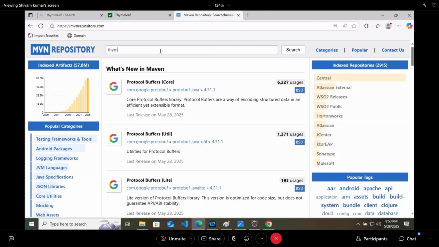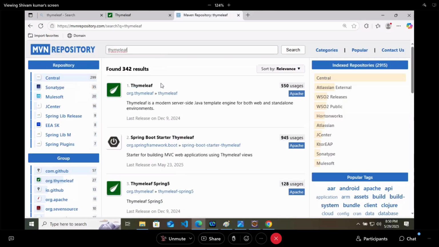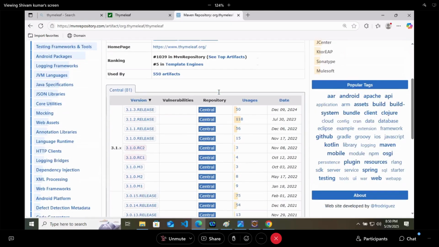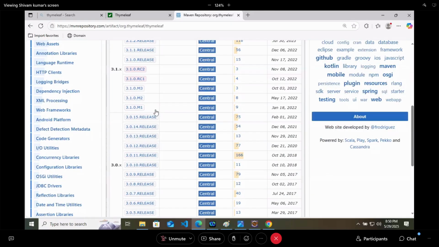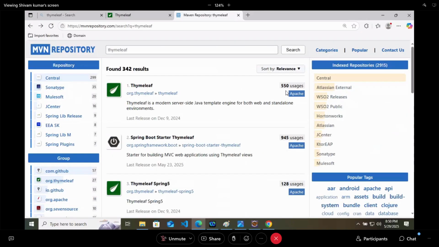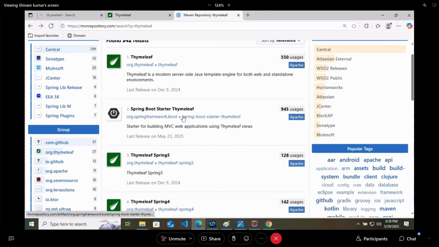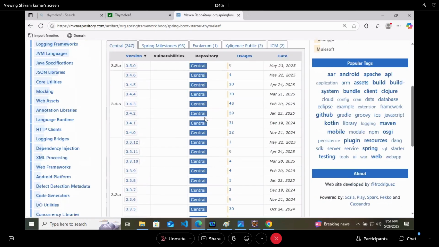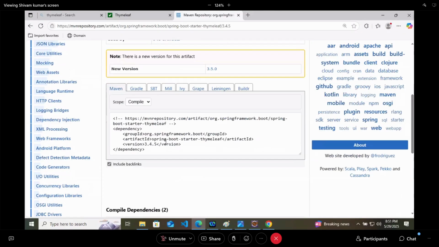So you can click on the same one, copy and paste. I will discuss the same thing again tomorrow. Don't worry. But the version is not required here. If you want, you can remove the version as well. Okay, and that's it. Now we'll close the server and start.